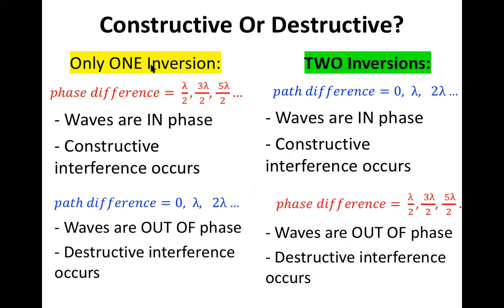So if only one of the two reflections was an inversion, then these path difference options give you constructive interference. And if only one of the reflections was an inversion, then these give you destructive, and it's the opposite if you have two inversions. So I wrote all of this out because it is important for the derivation of the equations